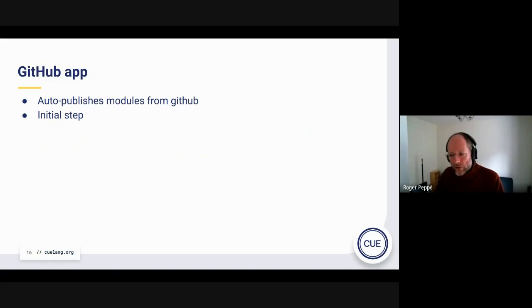That, as I say, is an initial step. The app might well stay around, but there will probably be other ways to upload content from the store. But that's how we plan to start, because that allows us to not design a lot of quite tricky things, like authorization and authentication and all that stuff. We can get a lot of value just by allowing people to publish stuff from GitHub like that.